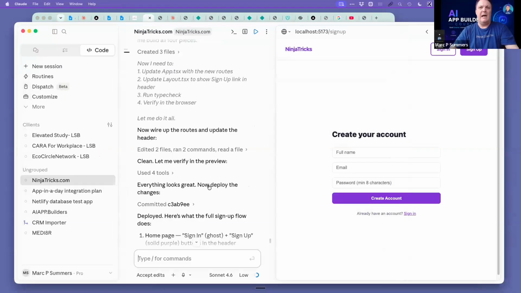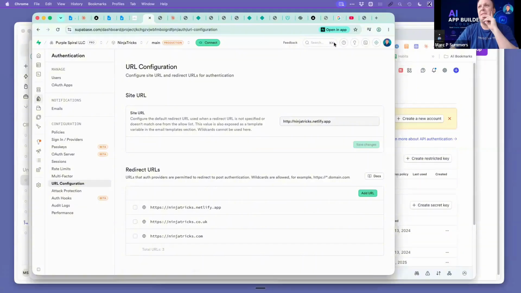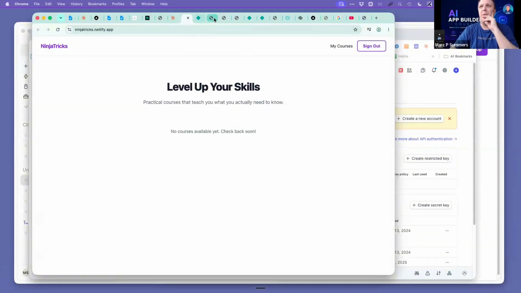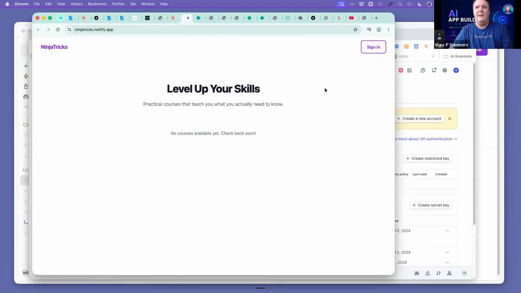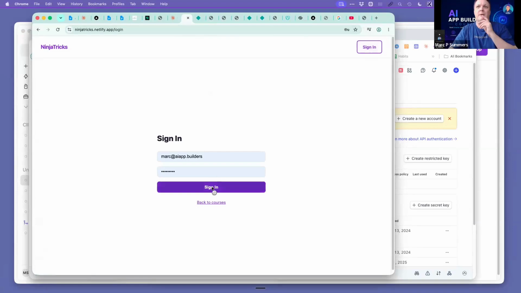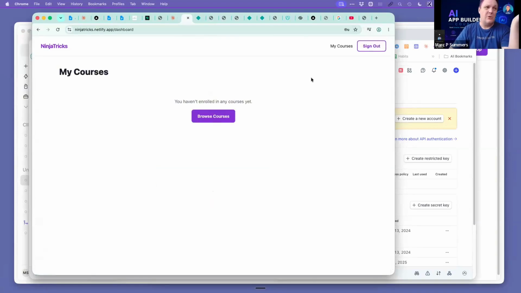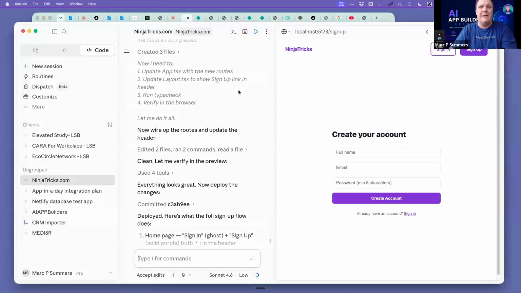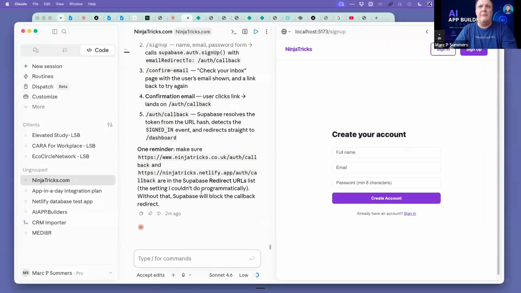Let's go ahead and pick holes in this app that we just created. Okay, so we have the ability now to sign in, and we have the ability to browse courses, but there aren't any. Now we don't have an admin function. Okay, and so we need to ask it to create an admin function. Now, the admin function may be in one of the phases that it still hasn't built. It's still wanting me to build the